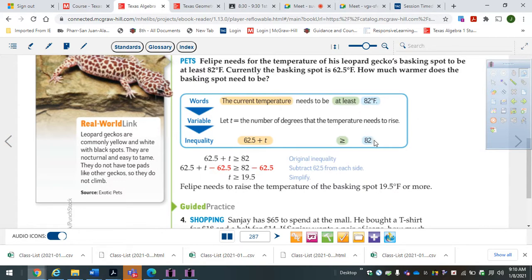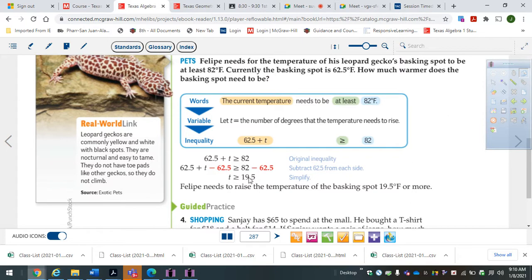Is it included? Can it be 82 degrees? At least 82 degrees. Yes, it does. It doesn't say more than 82 degrees. It says at least. So 82 is included. So we'll put the equal sign down there on the bottom. Set it up. Do your math. Minus 62.5, minus 62.5. So